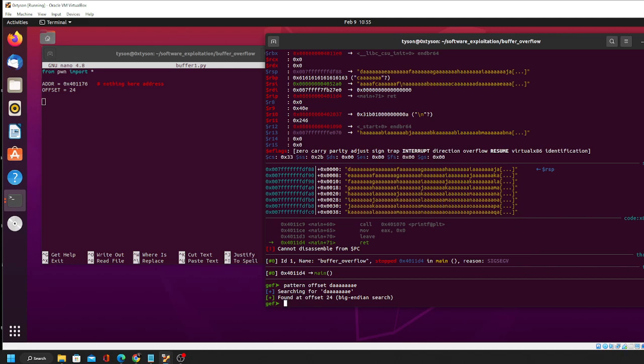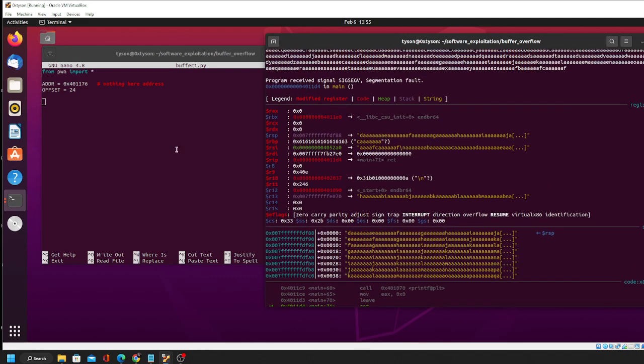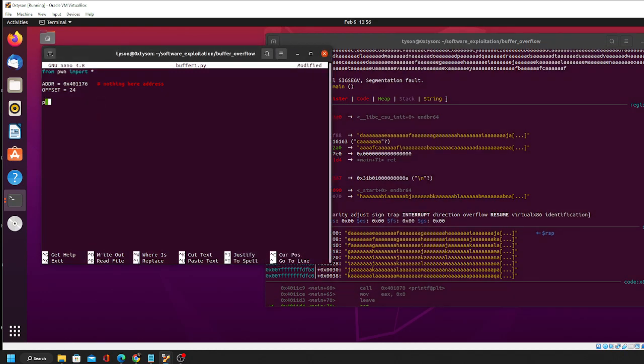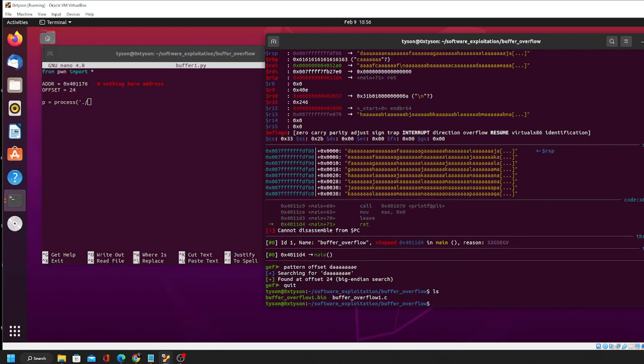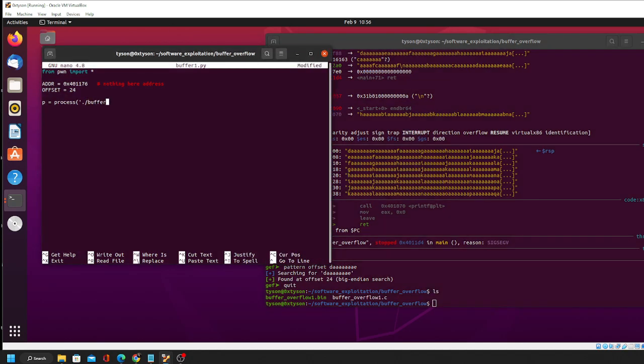Now we go back and connect this to a process. This is something in pwntools that we'll definitely want to get into, but we have to connect it to the binary here. And the binary, of course, is, let me just quit here, buffer overflow 1.bin. And we are going to go ahead and p.send